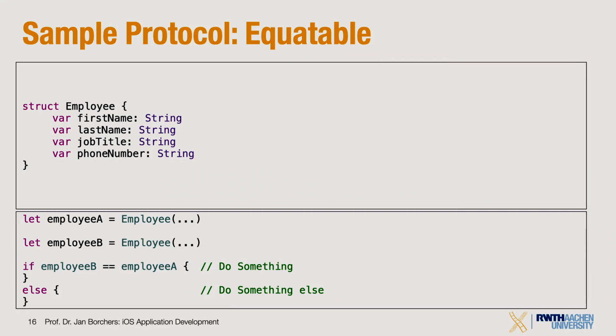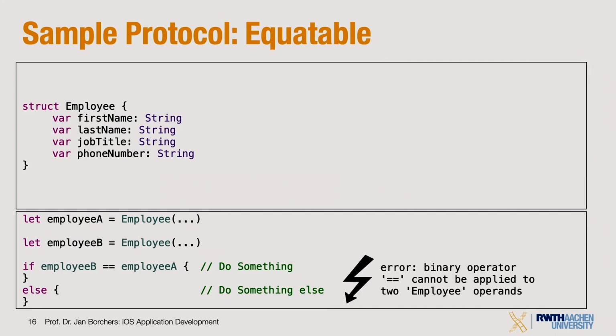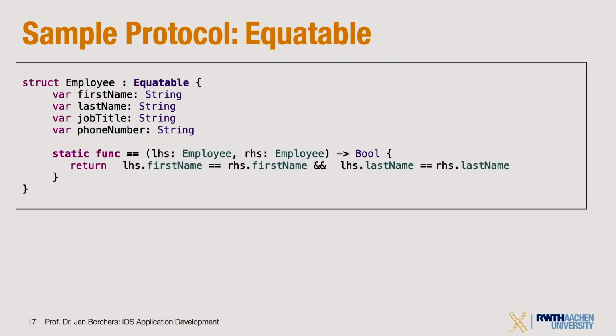But there's actually not that much you need to do. If you did it this way, you would get an error: binary operator equals cannot be applied to Employee operands. If you, however, adopt the protocol Equatable, again, just like that,